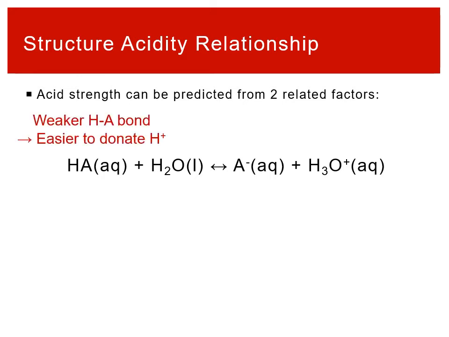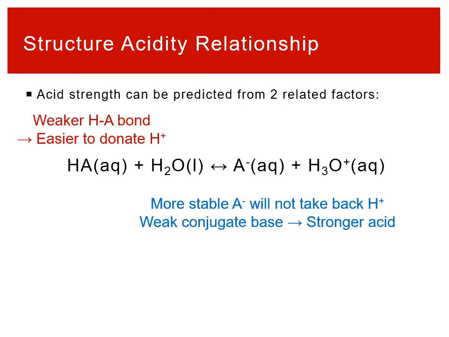So the first idea would be from the reactant side of the acid molecule. If we think about what an acid does, acids donate H+, so a molecule with a weak bond to a hydrogen atom would be a relatively good acid. So the first thing we want to look at is the acid molecule: is it a weak covalent bond holding that hydrogen on the molecule, so would it therefore be easier to donate the H+? At the same time, if we're talking about a strong acid, we say that the equilibrium lies to the product side.